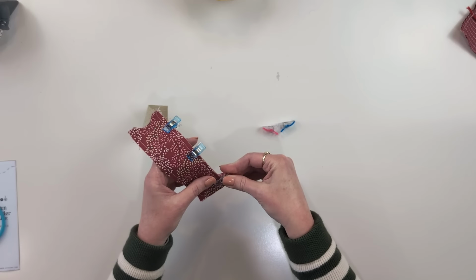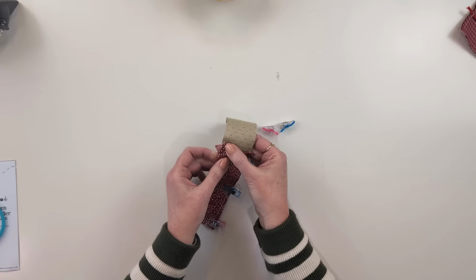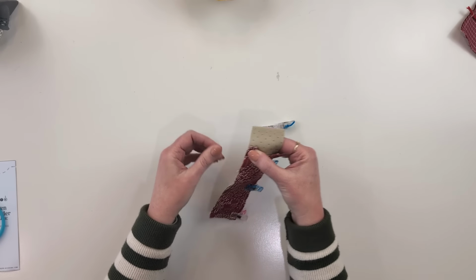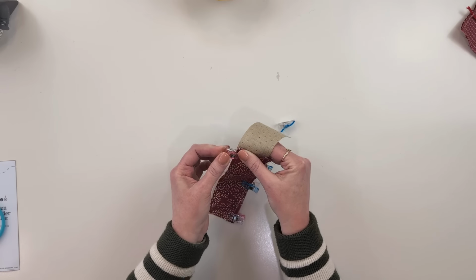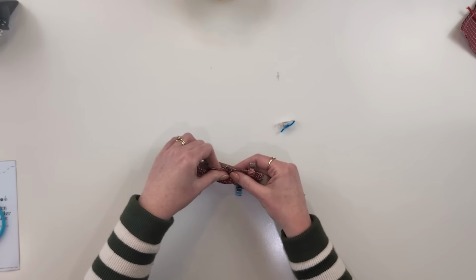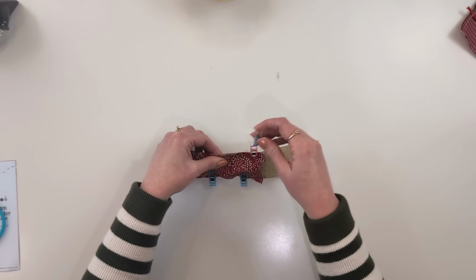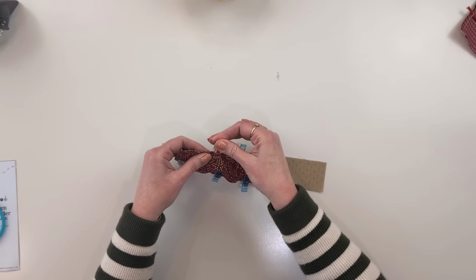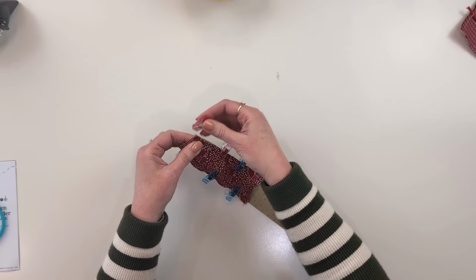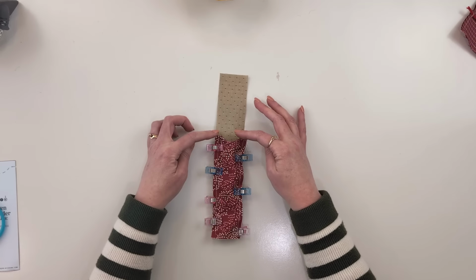along here. Then we're going to align the left hand edge of the pen holder and push this in. So this is wider than the flap extension to allow for the bulk of a pen. So we're going to have to push this and get these layers to align together, and it's not going to want to because this is wider. So just clip as many clips as you need to get these layers, these raw edges, to align nice and straight. So we want both of these bottom corners aligning and both of these top edges aligning